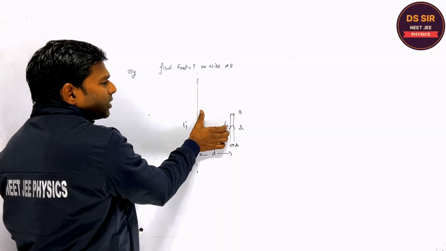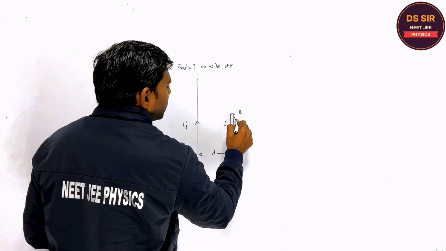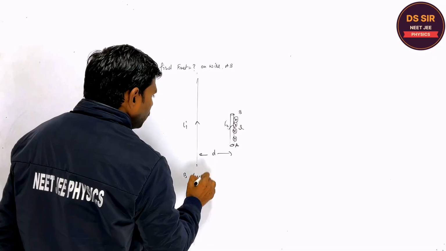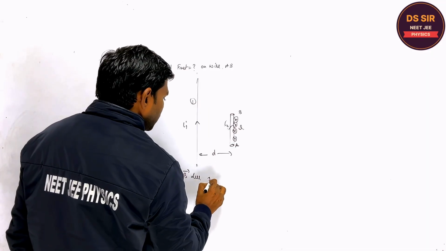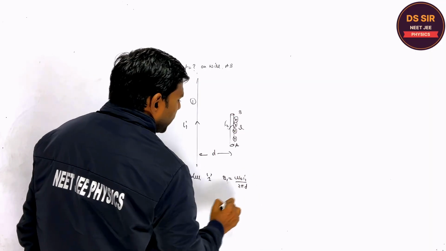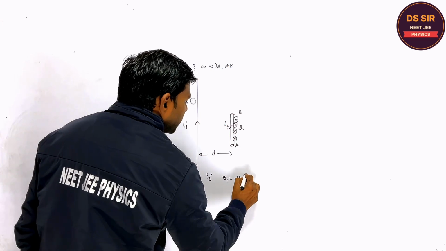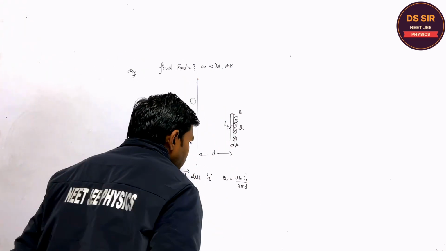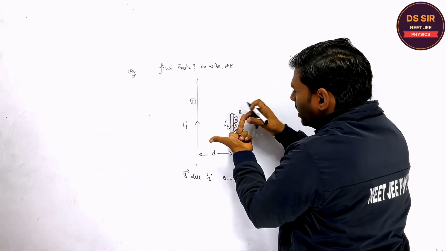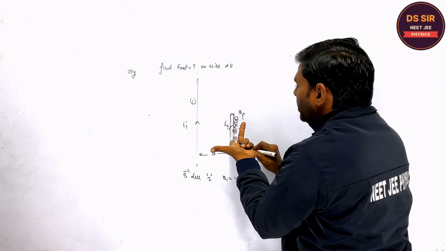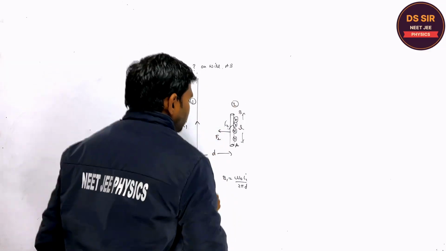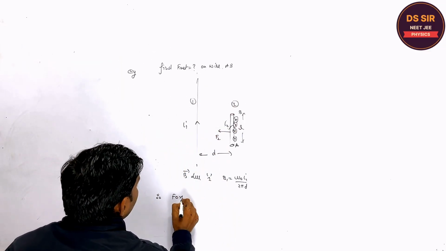This is the current. What is the magnetic field produced over here? This wire is placed in the perpendicular magnetic field. B due to wire 1 is mu naught I upon 2 pi d. This is the current I1. Then this is the magnetic field. This is the current I2. The length of the wire is L. So force will be acting on this wire 2 in this way. Therefore, force F2